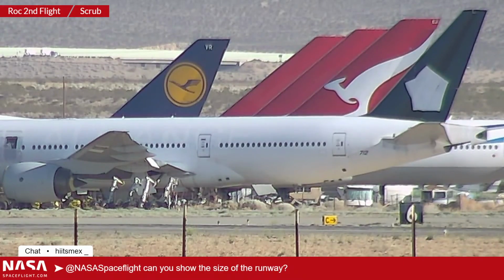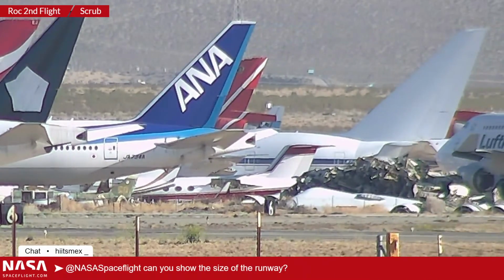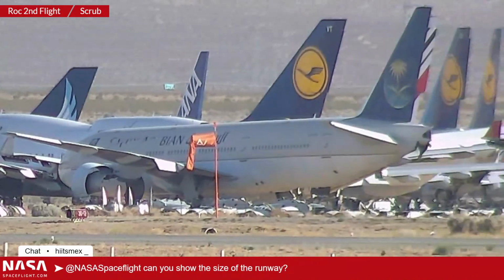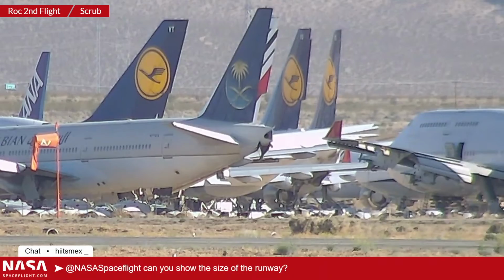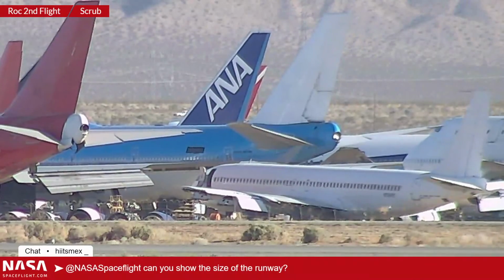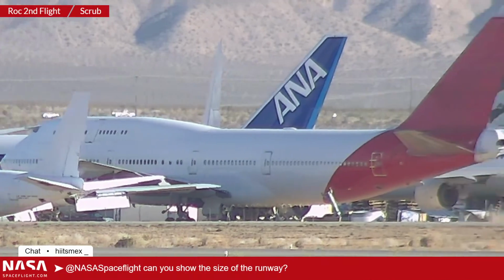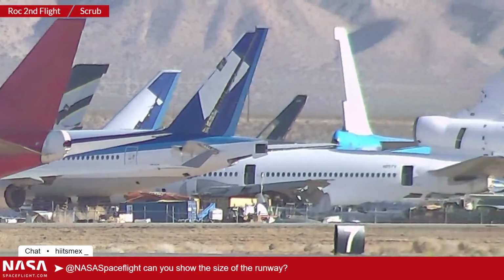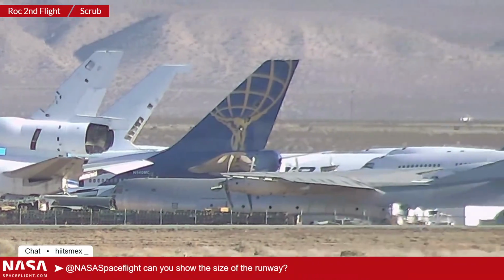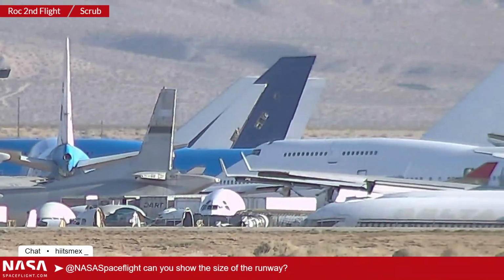Did they store the 737 Maxes here, or did they store them at Victorville? I thought it was both. I could be wrong. It might have been both. I never came out and shot the giant parking lot. Oh well. That is a lot of 747s sitting. Yeah, there's only been more gathering too, as the effects of the pandemic have resulted in airlines scrapping or retiring more and more aircraft. So the boneyard out here has definitely grown. It'd be really fun sometime as a different type of stream, like do a boneyard stream. I don't know if that would fit on our